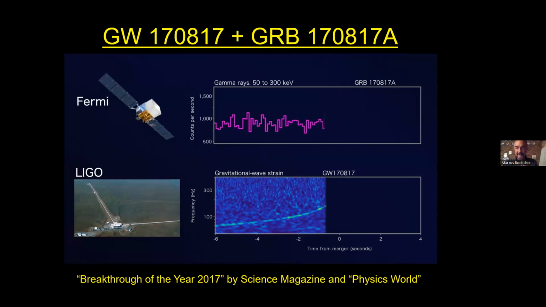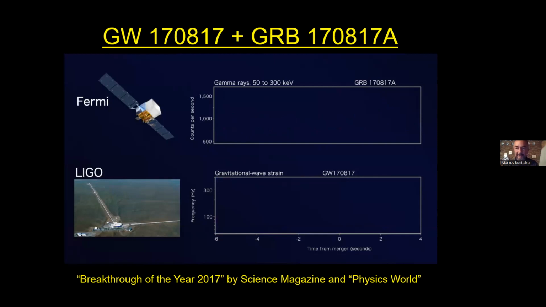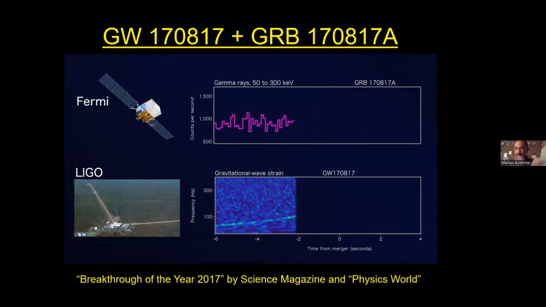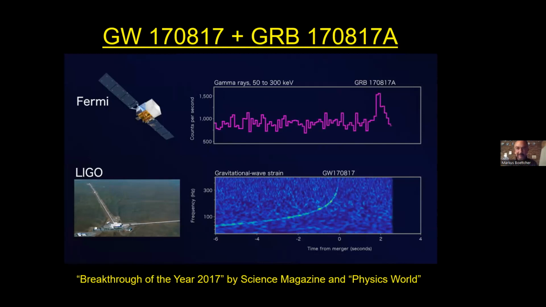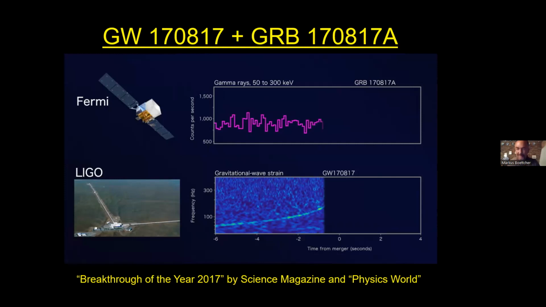And then it takes about 1.4 seconds until this newly formed object finally collapses and produces a gamma ray burst in the process by ejecting the rest of the material that doesn't collapse into what is probably now a black hole. So this combined observation of this gravitational wave source and this short gamma ray burst really now confirmed that the short gamma ray bursts really are the sources of gravitational waves and are caused by neutron star mergers.